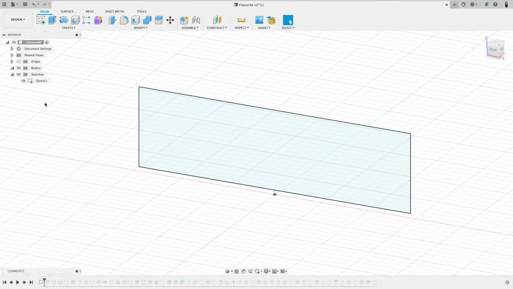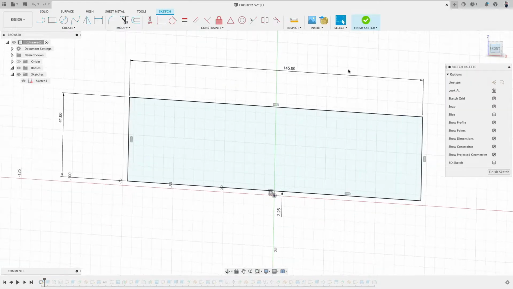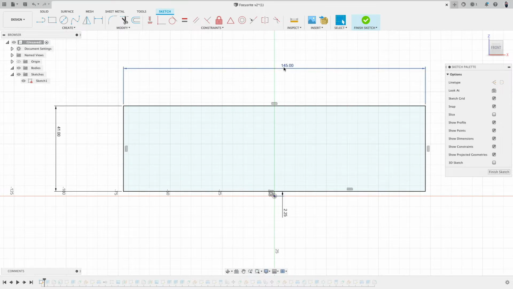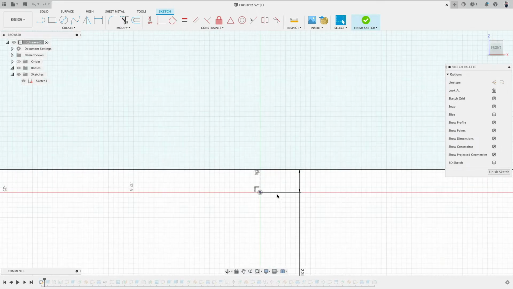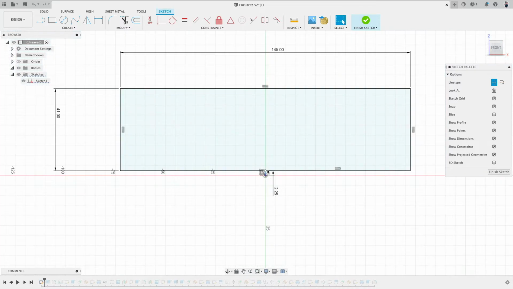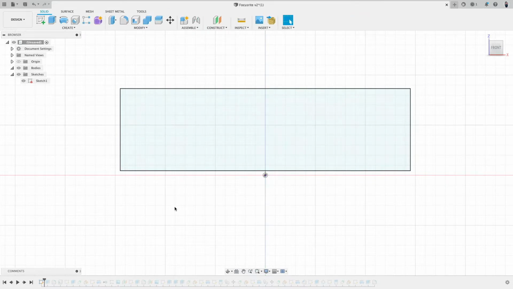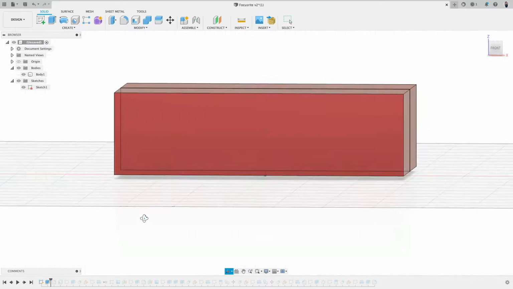Okay, so we will start obviously with a sketch from the front. The scene is in millimeters, and there you can see the dimensions: 145 for the width, 41 millimeters for the height. There's a small construction line at the center to center the rectangle at the midpoint, and the dimension is 2.25 millimeters. This way, then I can create a cube, an extrusion